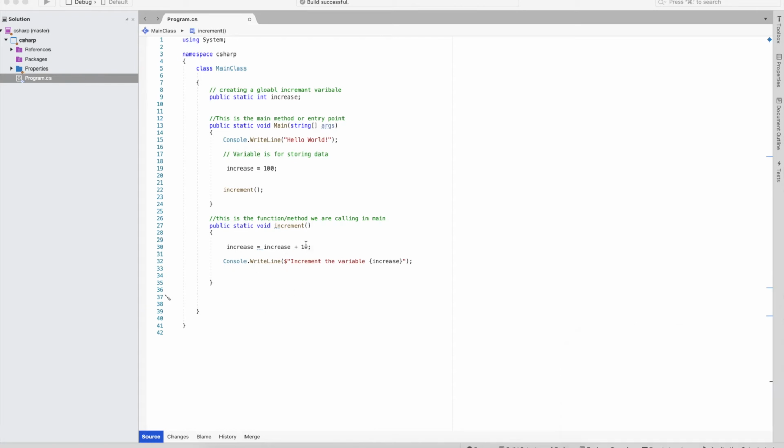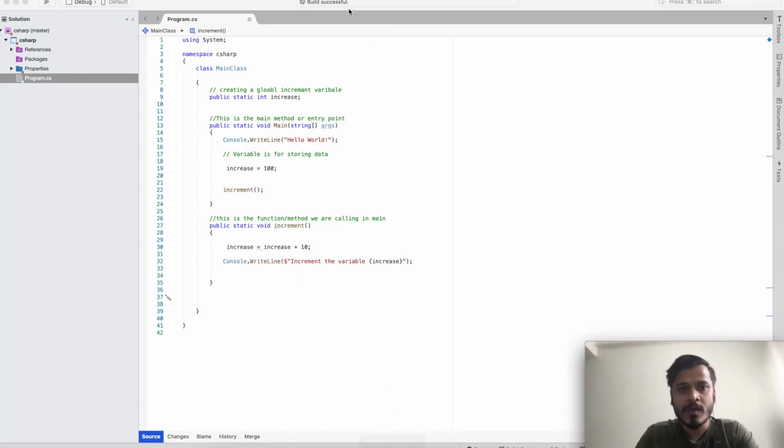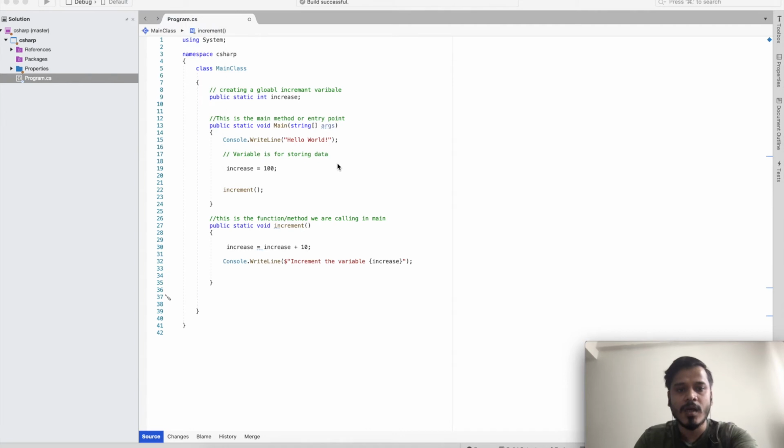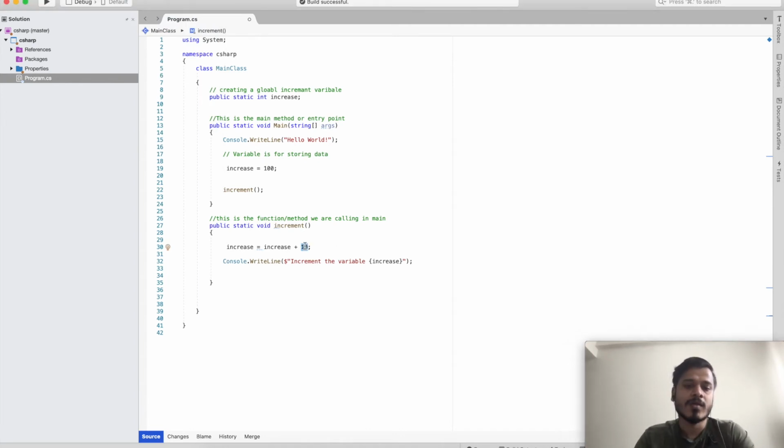But what if I want to change this value dynamically? In order to change the value dynamically, I need to pass it as an argument, so that if I want to increase the goal from 10 to maybe 30, I can do it dynamically, and not just go inside the code and give the value as a static value. So for that I need to create one more method, and that method will be